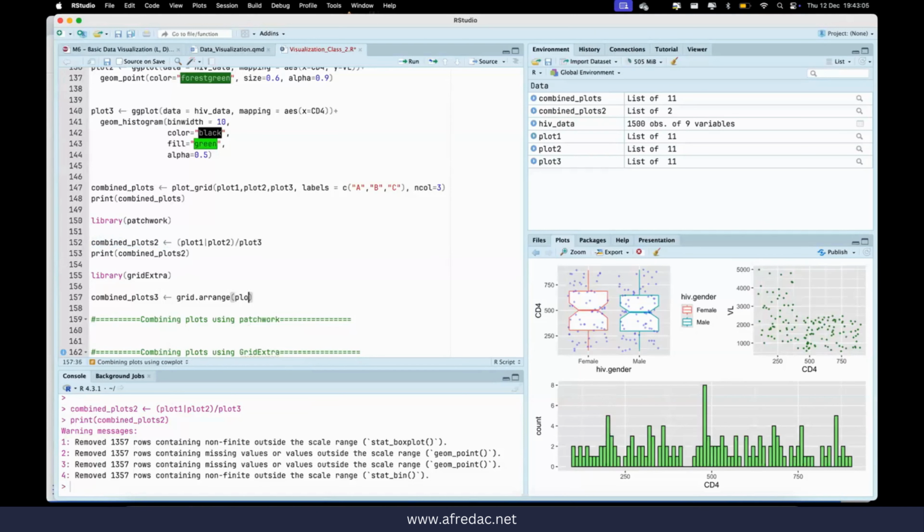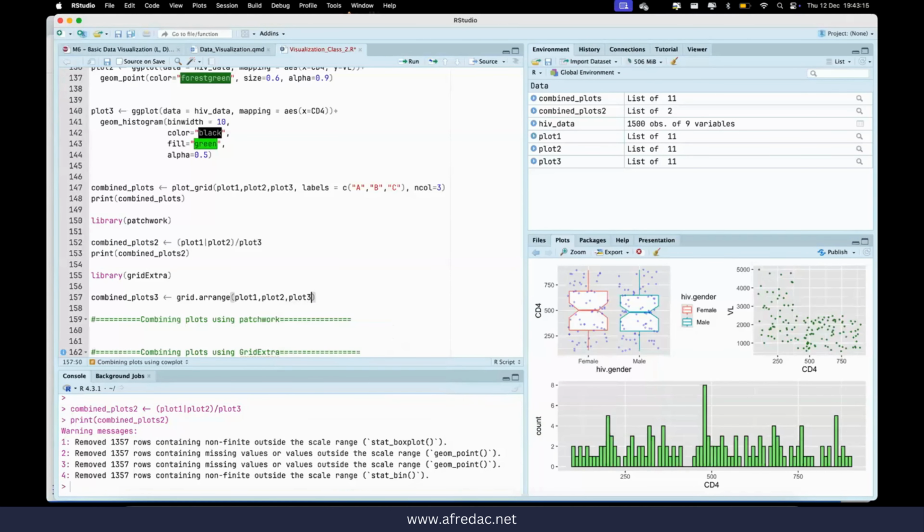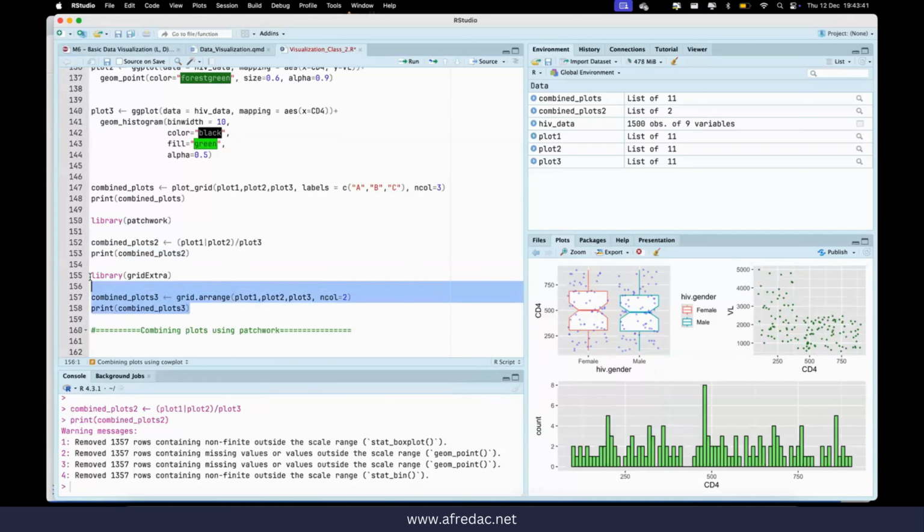So I can say I want to plot number 1, and I also want to combine plot 2, and I also want to combine plot 3. How many columns do I want? Let's say I just want two columns. Then I would like to visualize plot 3 here, like that. So if I run this,